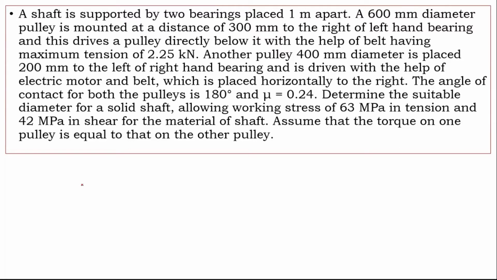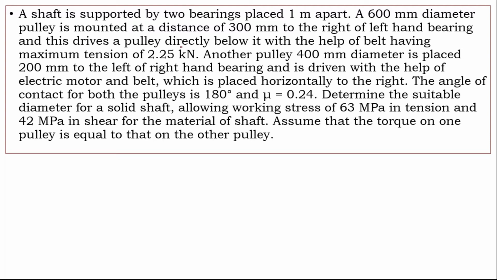Hello everyone. Today we are going to see another problem on shaft. So here is the problem. Shaft is supported by two bearings which are placed at 1 meter apart. A 600 mm diameter pulley is mounted at a distance of 300 mm to the right of left hand bearing,